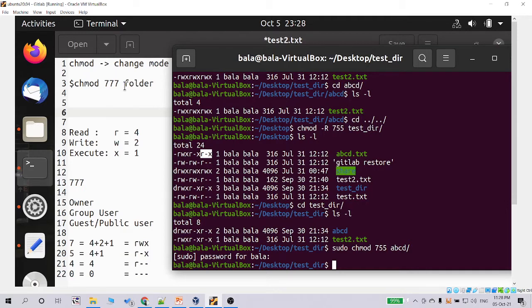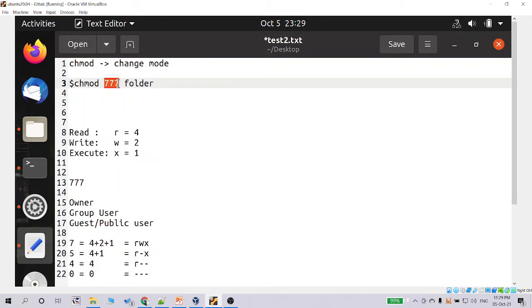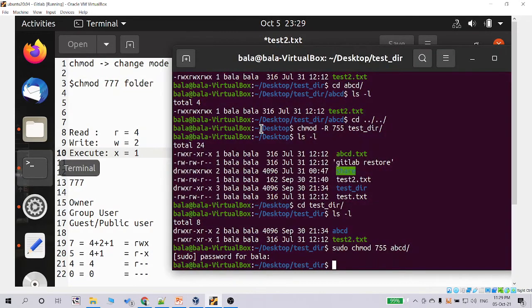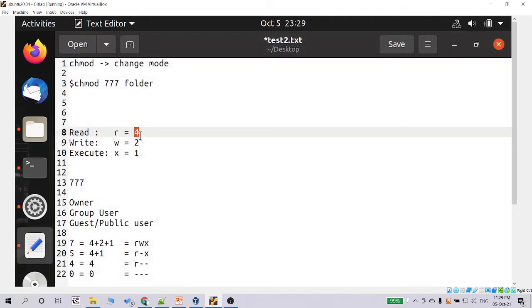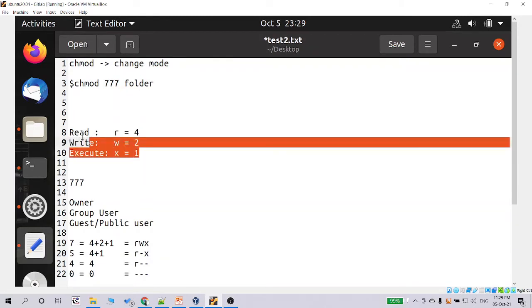Here you can see there is 777, and each digit represents one group. The first 7 represents the summation of these three values.